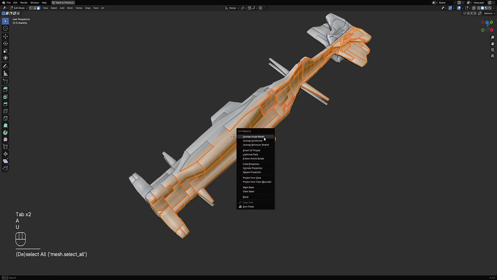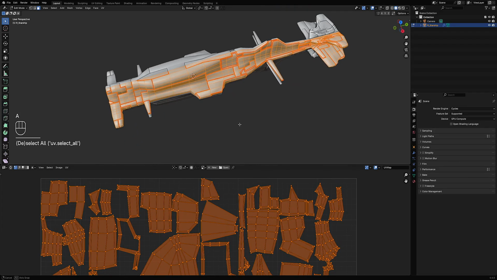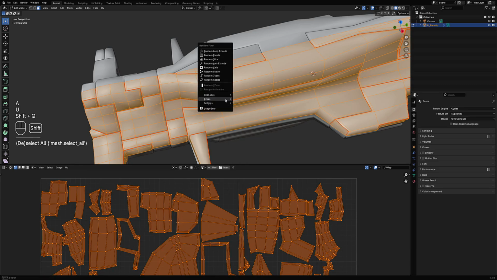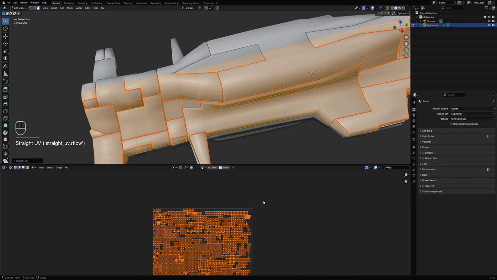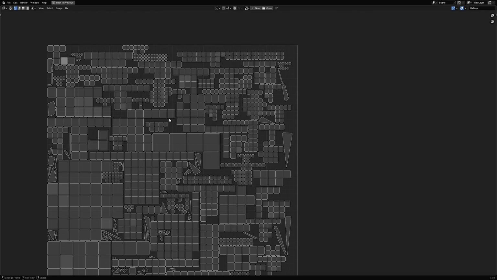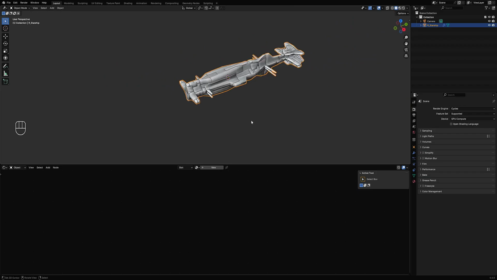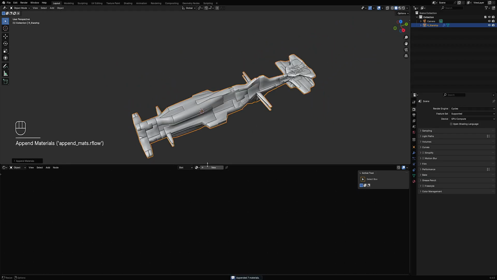Anyway, unwrap and mesh straight UVs, straight in the UVs. So the only problem is the triangles. The straight UVs operator doesn't work on triangles, so let's just leave it at that. Okay, up in materials, and then here I'm going to use our flow panel hard soft